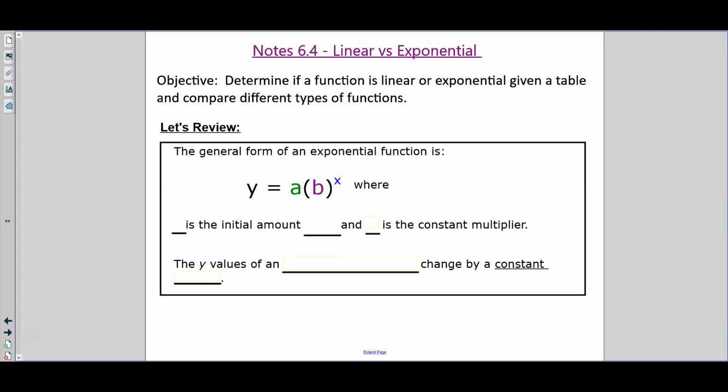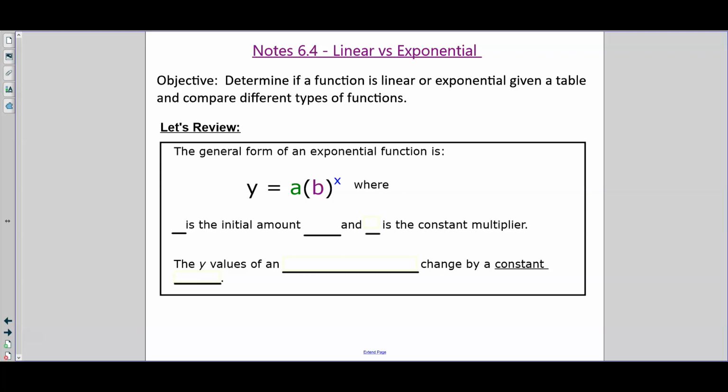For today, we're taking a look at the linear versus exponential equations. So on 6-4, if you got your notes out, make sure you understand this is the first example. Our objective is to determine if a function is linear or exponential. So we talked about linear functions, which are lines, and the exponential functions, which we've been doing since the beginning